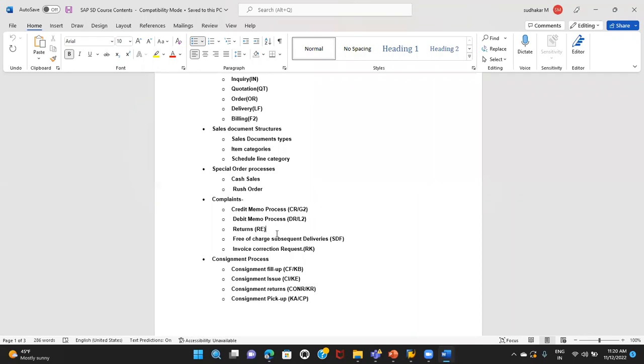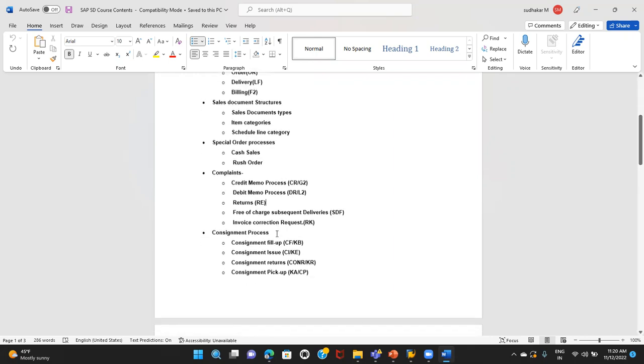If the customer is undercharged, for instance instead of charging him 150, I charged only 100, then we need to charge him the remaining 50 by issuing a debit memo. How the invoice correction request works in SAP, and the correction process, everything we'll be discussing here. Then another business scenario here,